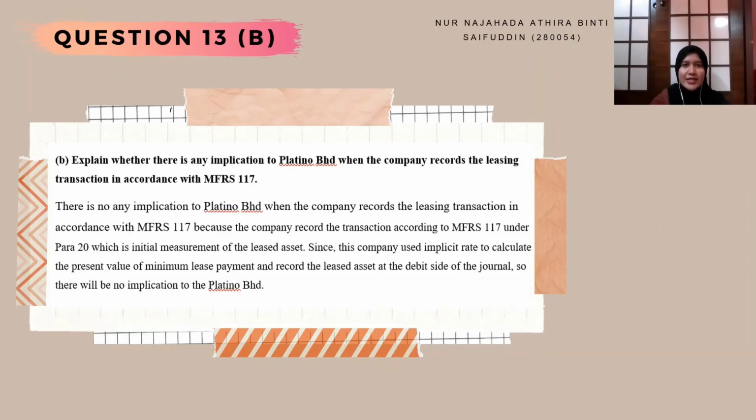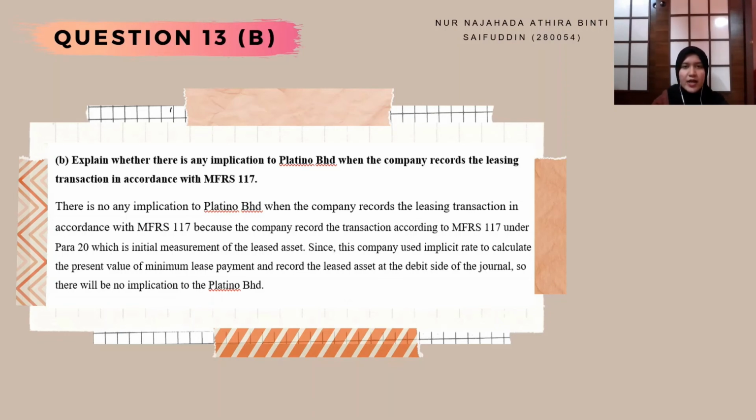Next, for question 13B, explain whether there is any implication to Platino Berhad when the company records the leasing transaction in accordance with MFRS 117. The answer is there is no implication to Platino Berhad when the company records the leasing transaction in accordance with MFRS 117 because the company records the transaction